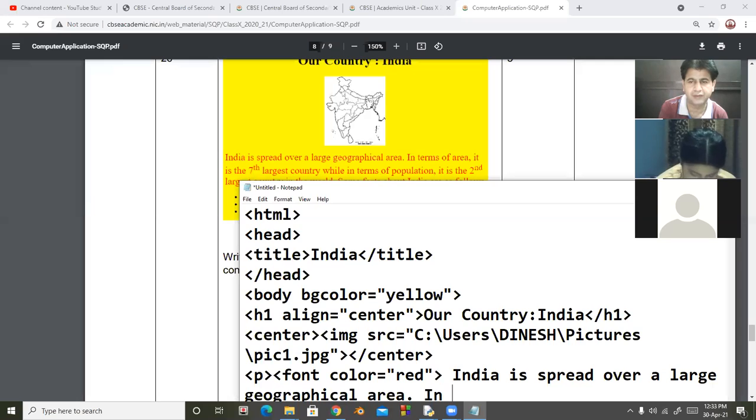So I will have to type the coding, the text material. Okay, beta, after 7, there is a TH in superscript. So you will take here SUP, then TH, then SUP close for superscript.